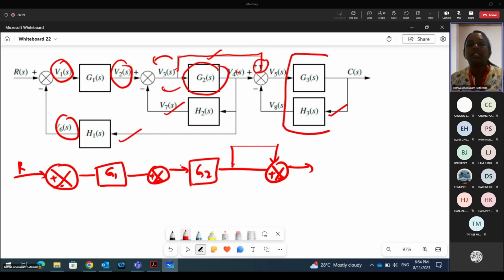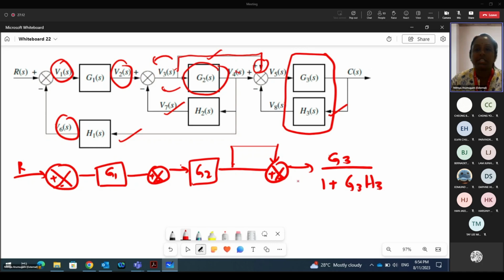Here, if you notice, this is a parallel system. So we're going to summarize that as G3 over 1 plus GH. H here is H3. All right. So